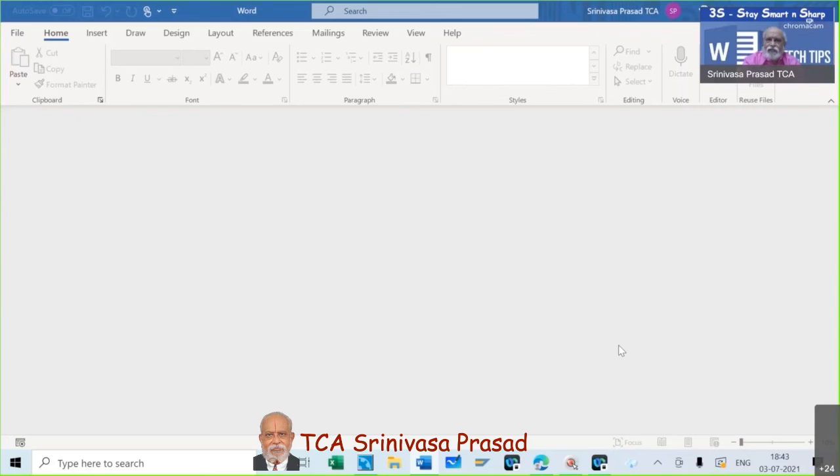So on a particular day, if you are going to prepare a report for a particular client, then you can make this the default folder for that period of time. Whenever you save and whenever you try to open a file, it will always go to this particular directory, giving you a lot of additional time to work on other aspects. That is what I was telling.